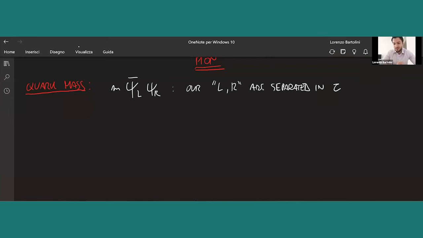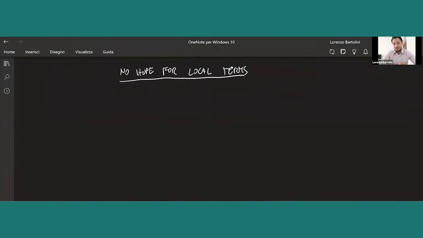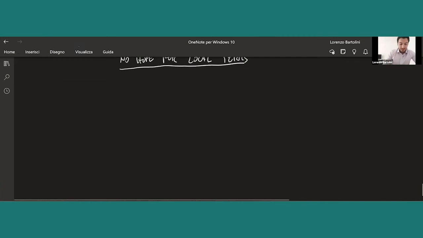In the tau direction. And so no hope for local terms. So the best you can do in this theory is to construct a Wilson line that goes from one to another along the circle. So what you can do is to insert in your dual of your almost QCD an object which is an open Wilson line,